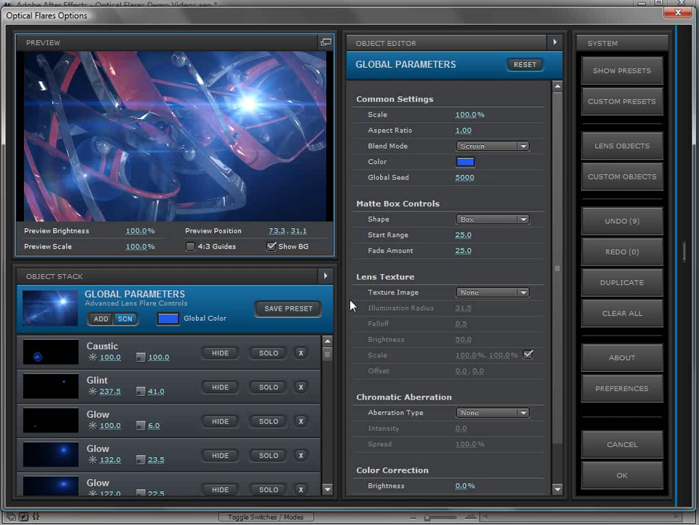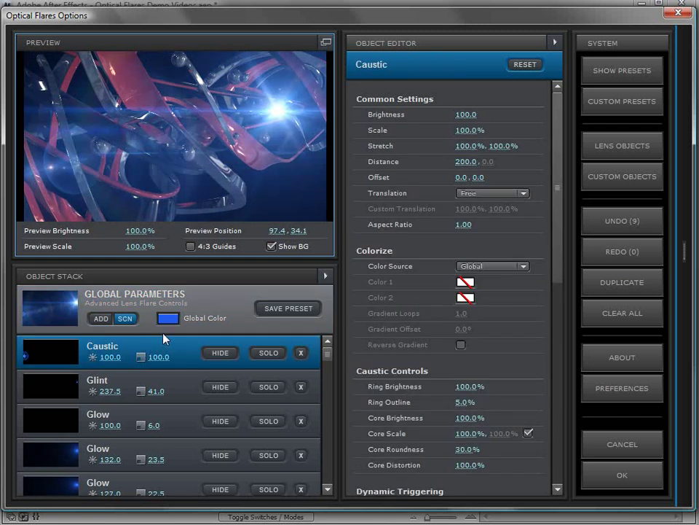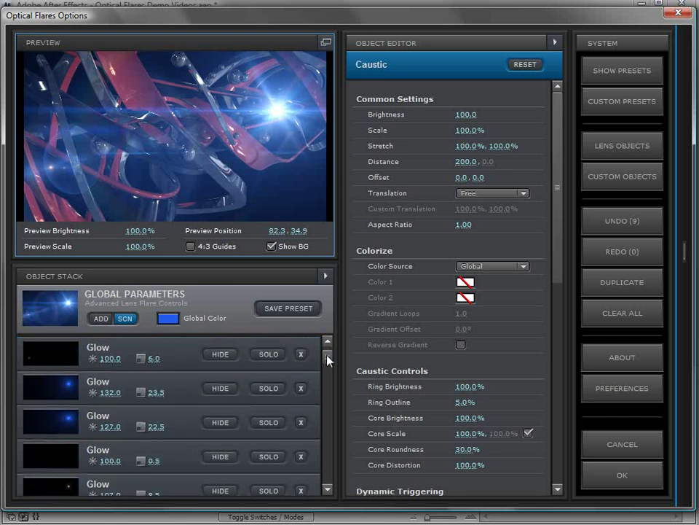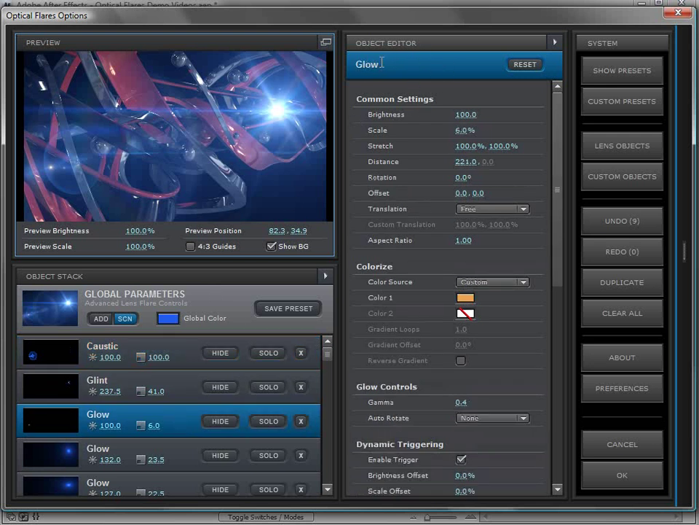Now the next thing we're going to take a look at is the object stack. And this is where all of the elements of your lens flare are stored. So we have a caustic, we have a glint, a glow, and there's just tons of elements that make up this one particular lens flare. We can click on them, and we can then come over here to the object editor and make adjustments to